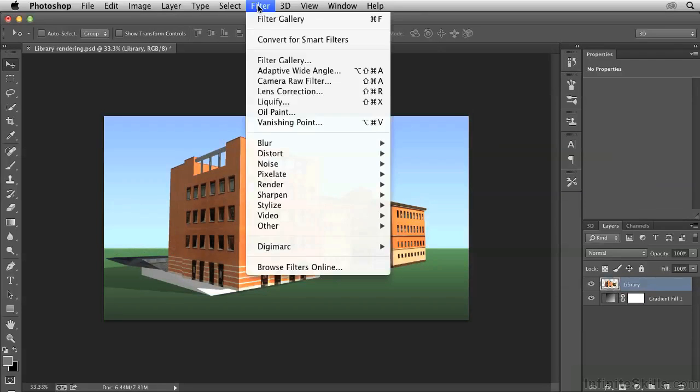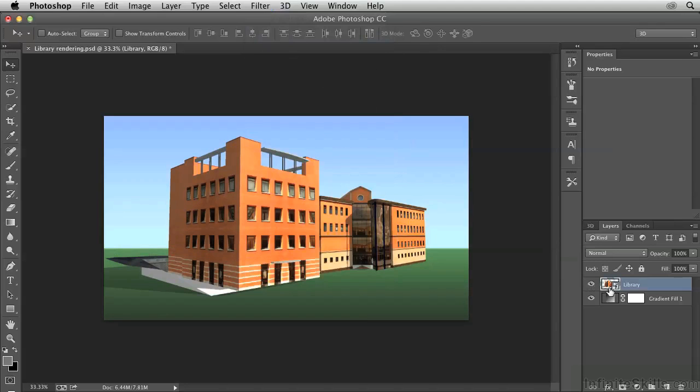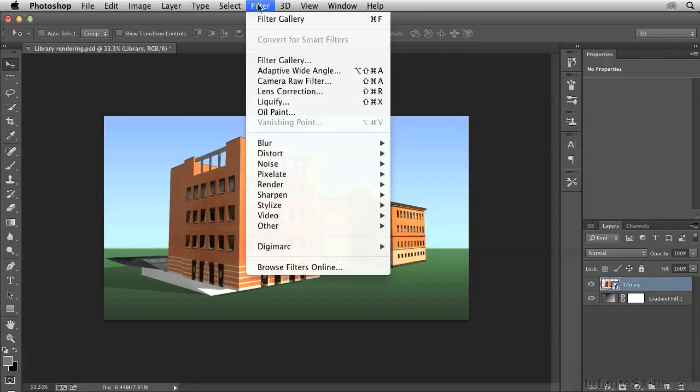I could apply the filter gallery directly to this layer, but I caution you against doing that. It's better to first convert the layer for smart filters. You can see down here that now we have an icon on this thumbnail which identifies it as a smart object. This is a container that the library layer is now inside of, and when we apply the filter gallery to it, we will have editability into the future, and we'll also gain some blending options which we wouldn't otherwise have. So after you convert it into a smart object or smart filter, as it's known interchangeably, you can then